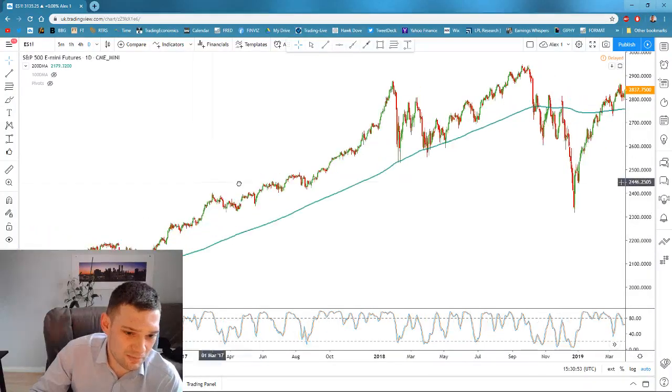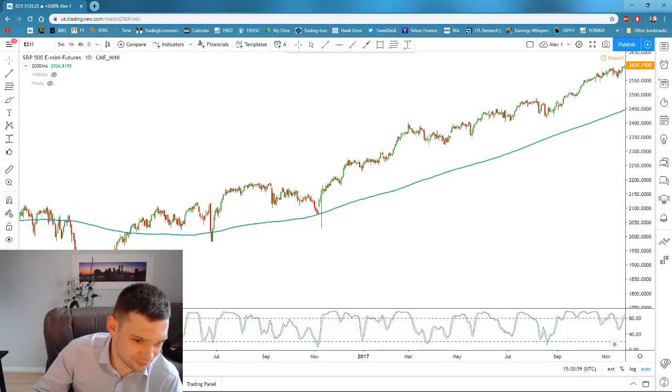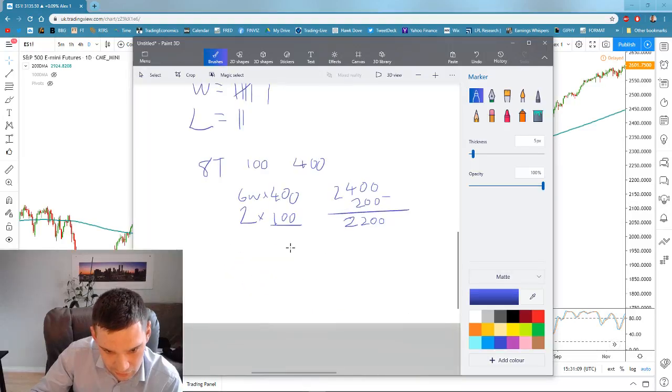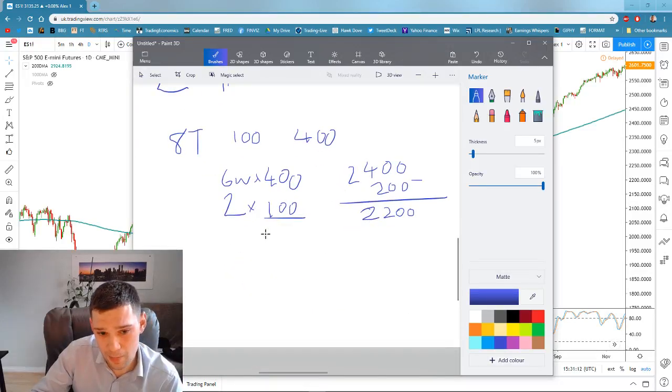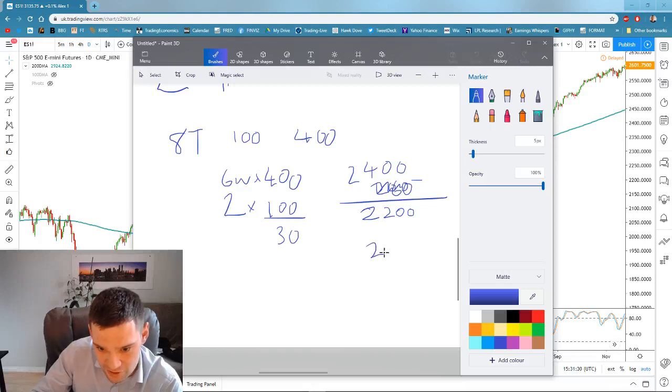And then you would come up with some sort of number. So let's say that what that would do to the numbers over here is that rather than 100 on the losing side, that would now be reduced to 30. So that'd be 2 times 30, wouldn't it? In a 1/3 of the size. So then instead of 200, that would now be minus 60. And what that does is that boosts, that'd be 2,400